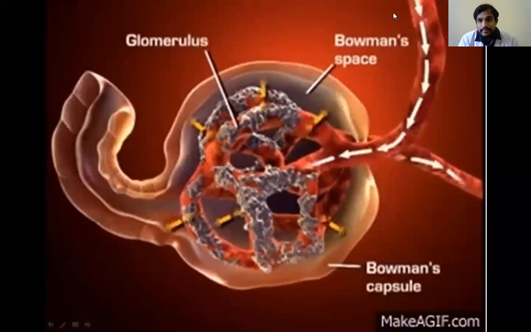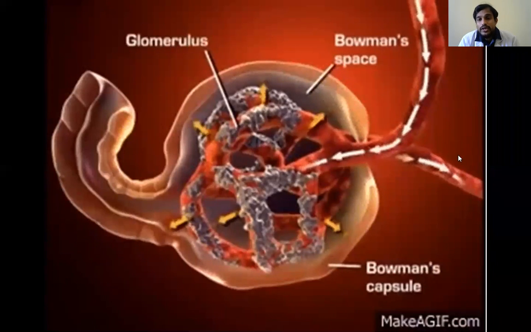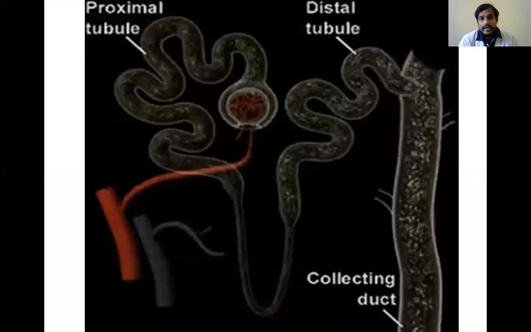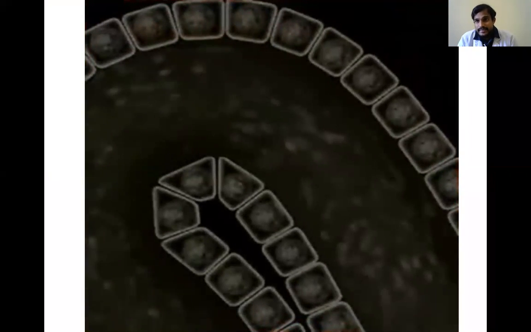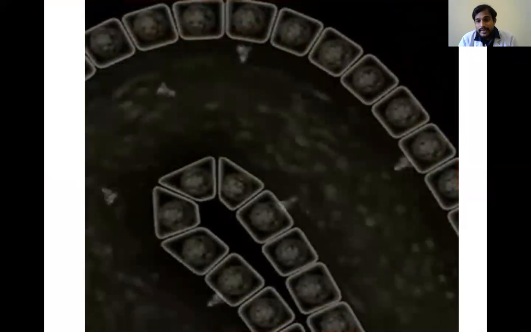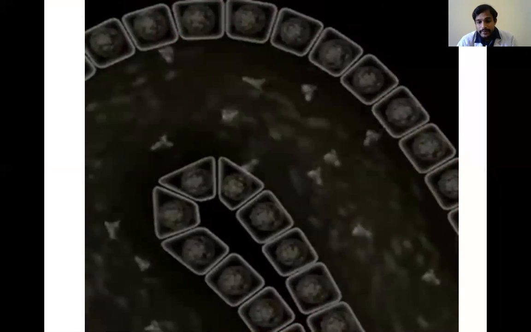So here you can see the afferent and efferent arterioles through which the blood comes and goes out through the glomerulus. Inside the glomerulus, the filtration occurs in the cluster of blood vessels. So glomerulus is mainly meant for filtration. And apart from the glomerulus, the proximal convoluted tubule and distal convoluted tubule help in reabsorption and secretion, which is connected to the collecting duct. And these are lined by the epithelium.